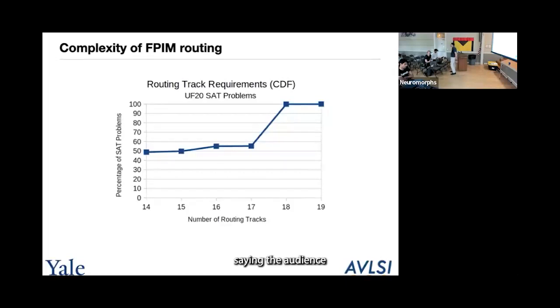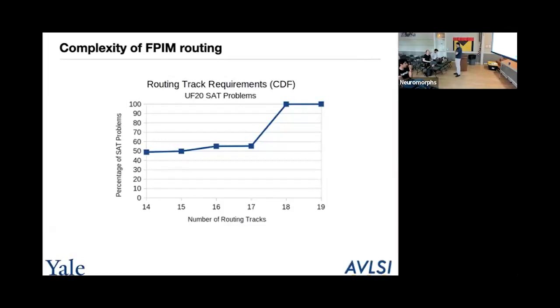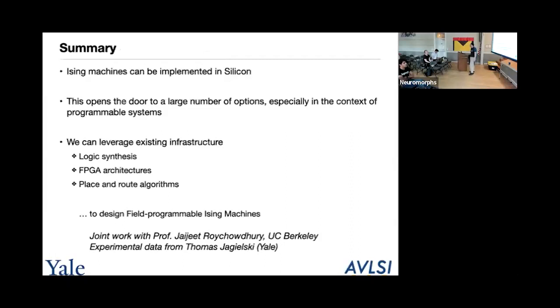Now running the Ising speed models is kind of trivial. Well, yes and no, right? All I will say is, if we really understood how all of this stuff works, then I agree with your statement. If I use it in a deterministic way, if I build this graph and I just say go, I get my answer, yes, you are absolutely correct. And you decompose the graph again, do it again, iterate, right? There are various things you could do. But at least now we know that we can actually build these things and make them programmable. And I'm kind of out of time,